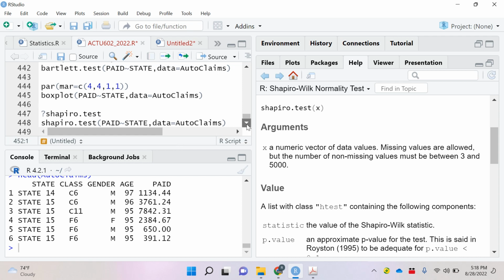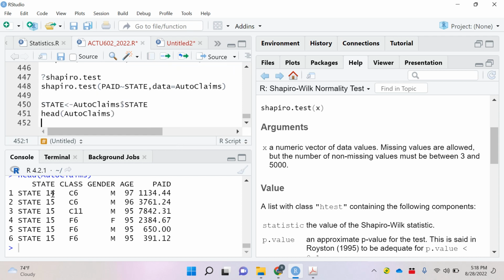Yeah. So this is how it looks. You see state 14, state 15, and so forth. So for each state, I want to know what was paid. How do I select, let's say, all observations in state 14? Well, I'll call this, and I'll say equal to. Remember, when we say equal to, it means you are checking whether there is equality. So if I call this state 14,